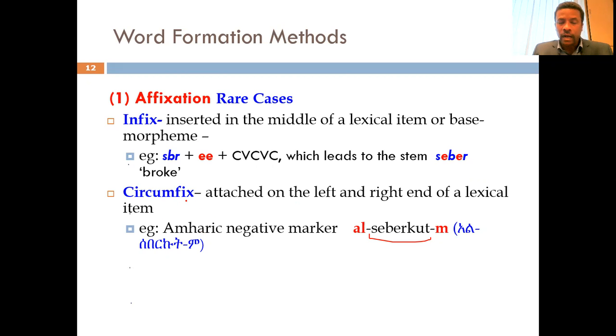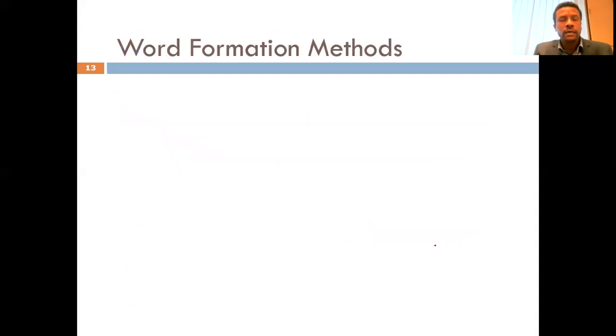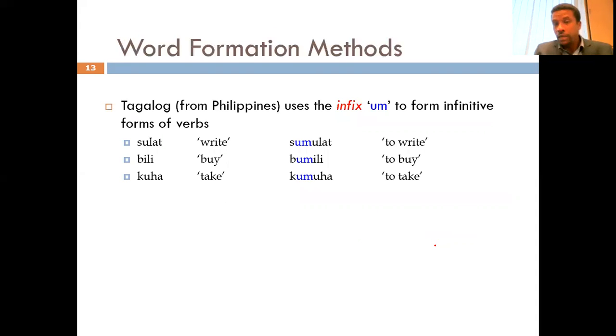But there are very few languages which have a circumfix, and Amharic is one of them. If you remove the al and the ምን ይሆናል? ሰበርኩት ይሆናል አይደለ? So it means I have broken it ማለት ነው. But if you add al and ምን አልሰበርኩትም ሲሆን, it means I didn't break it, and this is a very good example of circumfix. And we also have an infix in Tagalog, the Philippines language, and it has the morpheme, the infix, um